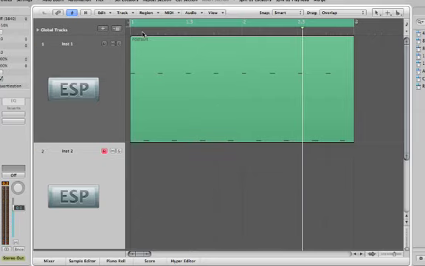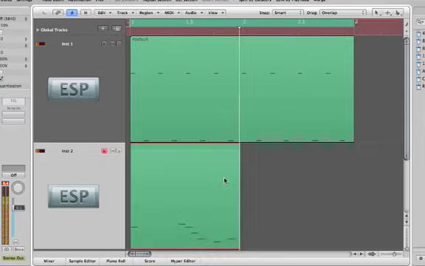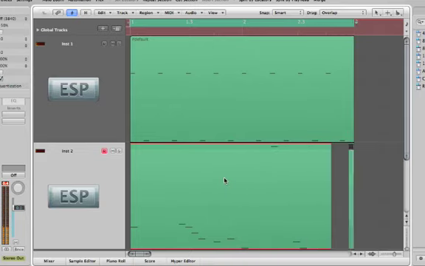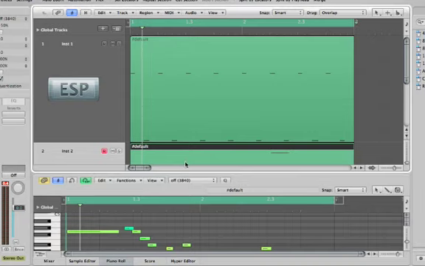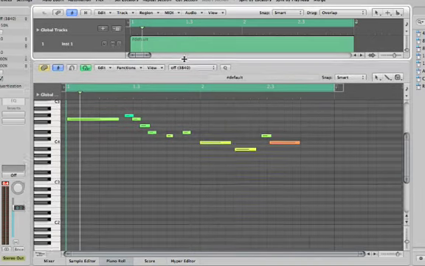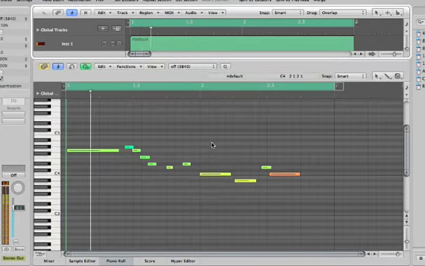Alright, I have a basic idea of what I want to do. So the great thing about the region too is that when you push record, it'll instantly go back to the start. So you don't have to drag this back or anything. So now that I know what I want to do, I'm just going to push R and make sure this track is selected and record it. Alright, let's click the piano roll. I like watching what I played. And let's play it.